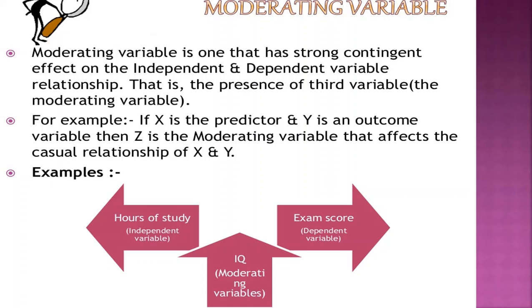Moderating variable is one that has a strong contingent effect on the independent and dependent variable relationship. That is the presence of a third variable, the moderating variable. Remember, hours of study is an independent variable, exam score is a dependent variable, and in between them, IQ. Remember, this variable between them